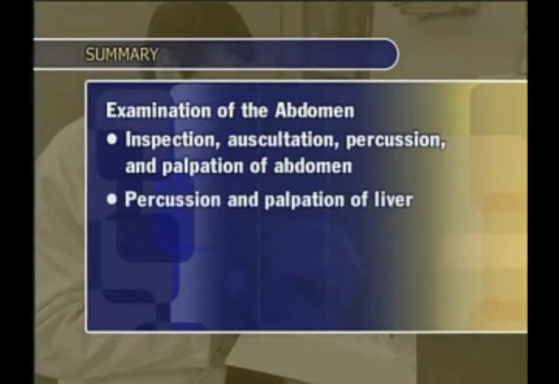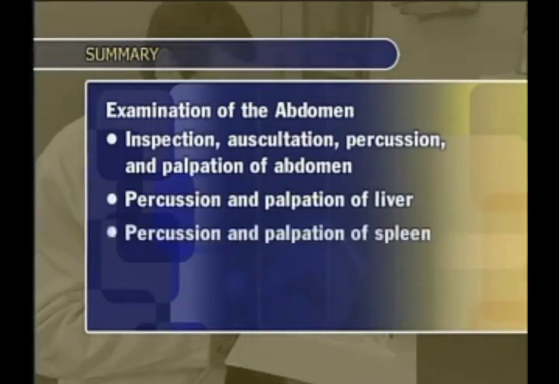Percussion and palpation of the liver. Percussion and palpation of